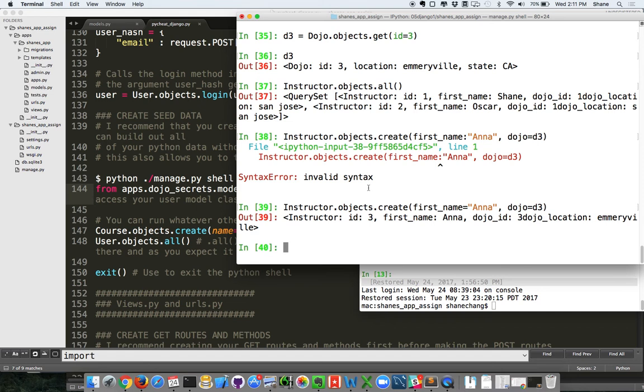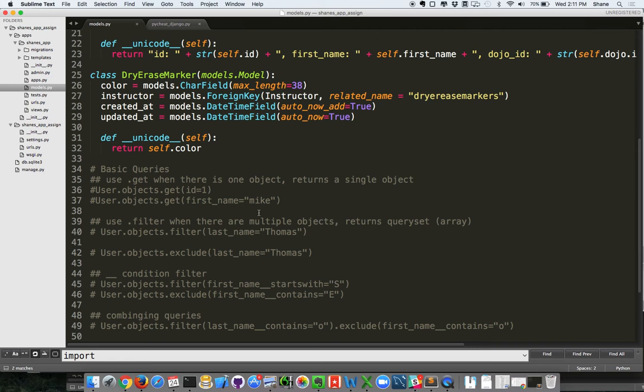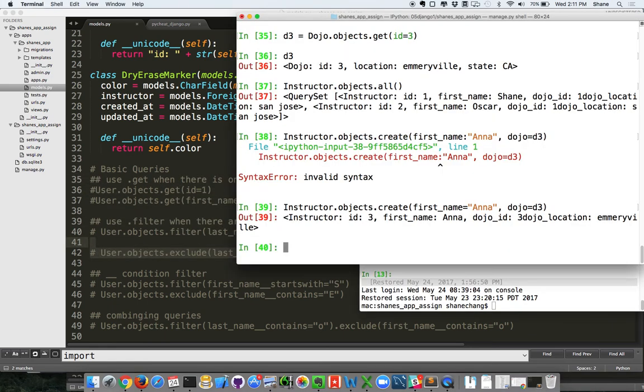So those are your basic select queries. Let's see what else I want to cover. I wanted to also cover your basic queries, we covered filter. There's also this exclude, right? So that's everything but something. So for instance, if I wanted